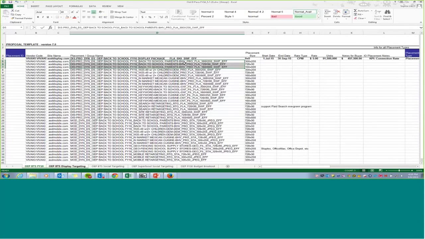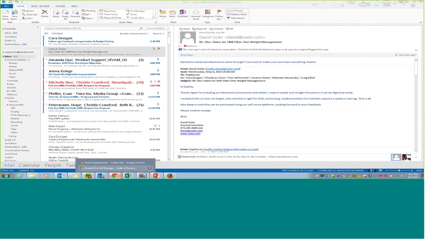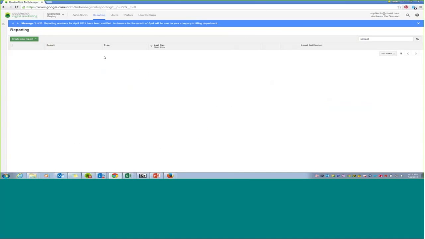So, for example, I'll go with back to school parents. That would be one audience. A secondary audience would be a demo audience, focusing on women 25 to 49 with 2 or more children in the household, so basically a mom. And another one would be keyword contextual targeting based off of back to school keyword terms. So I'm going to go into DBM now really quickly to show you how I pull inventory availability against these